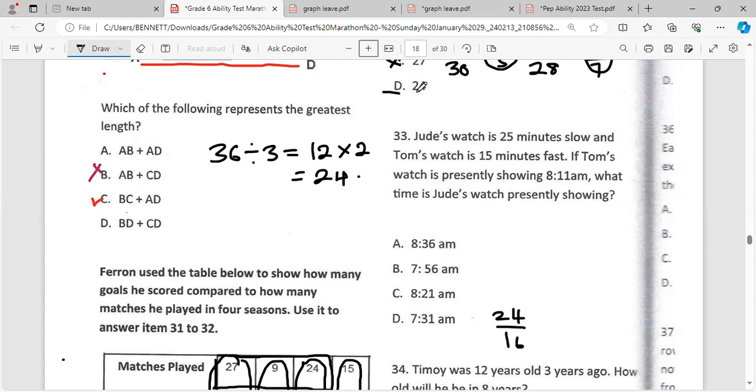You can either use the answers that are given to get your answer, or you can just use the question. But since using the answers is simpler, you can just use the answers. So you said A is 8:36 a.m. You can easily realize that 8:36 a.m. is more than Tom's time, so you could eliminate A. And B now is 7:56. You'll just have to try that one. You're going to say 7:56 plus 15, and that is